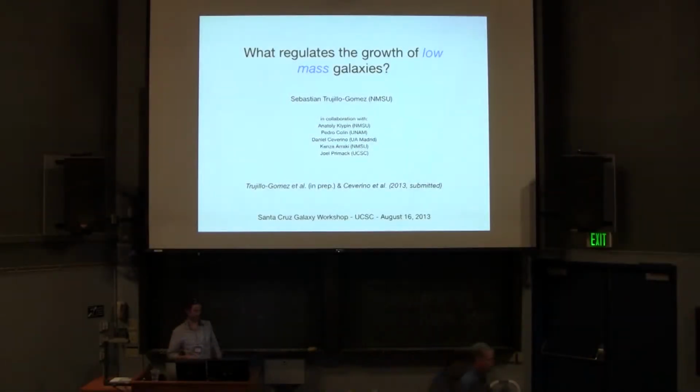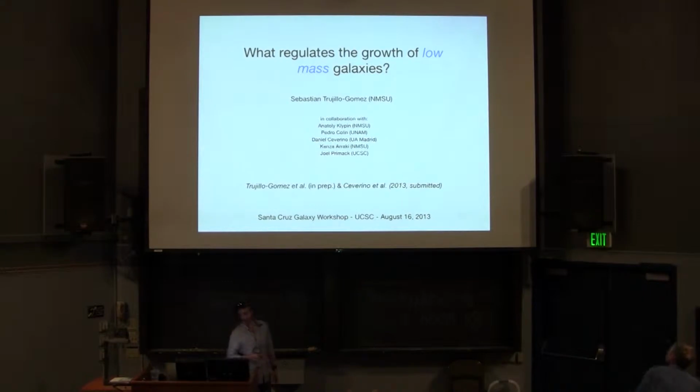It's a good thing that people have been asking about the star formation rate, because I'm here to try to convince you that we need radiation pressure in simulations to produce realistic galaxies, or galaxies that not only look realistic at redshift 0, but also grow according to the observational estimates.